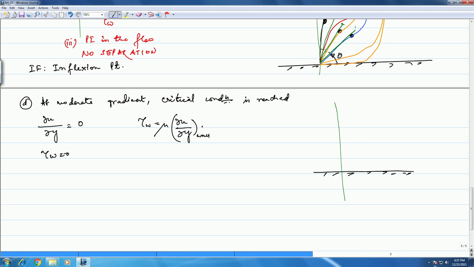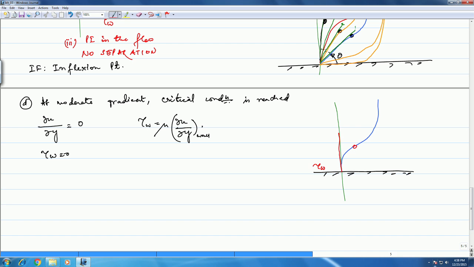Right, that's the slope. You've got an inflection point. So in this case, del u del y is 0, and tau wall here